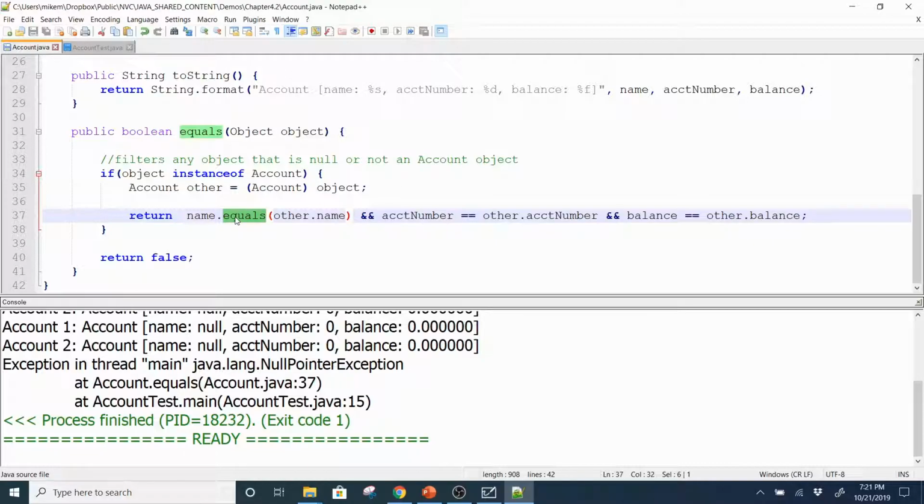I'm calling this equals method on something that is null, right? Name is null, so there is no method equals on this object. It's not a string. There's several things you can do. I believe Java actually has a